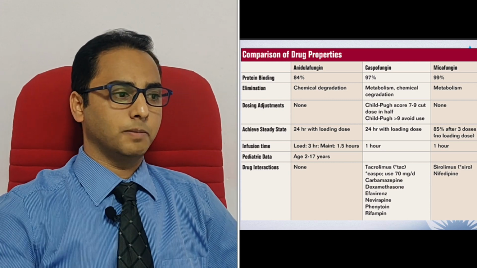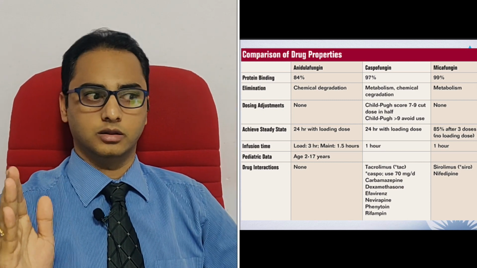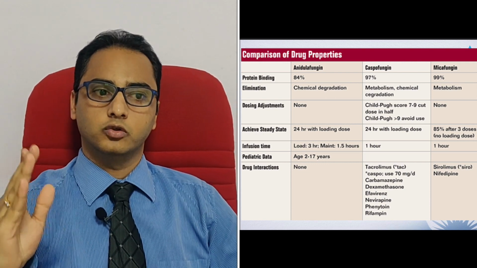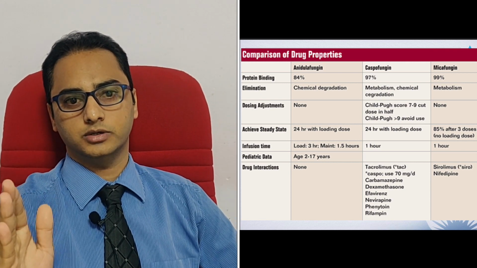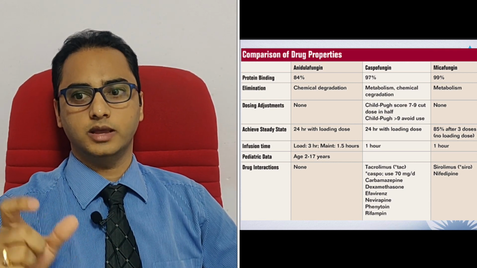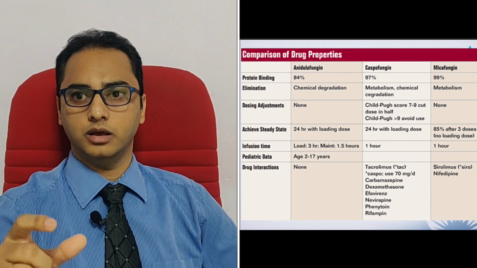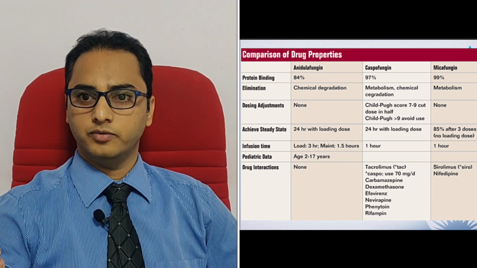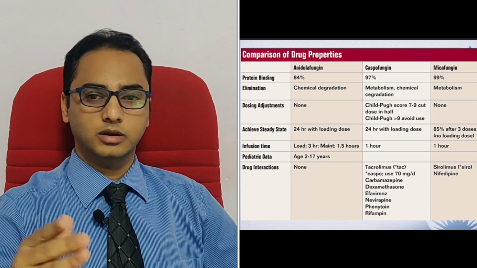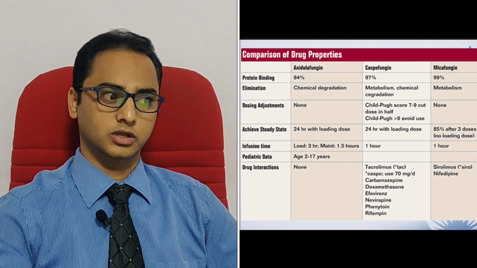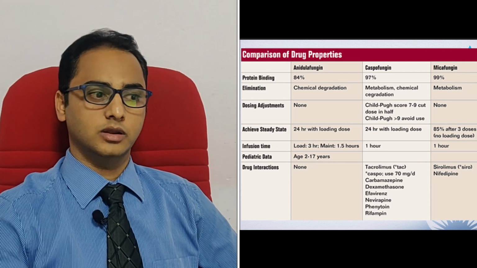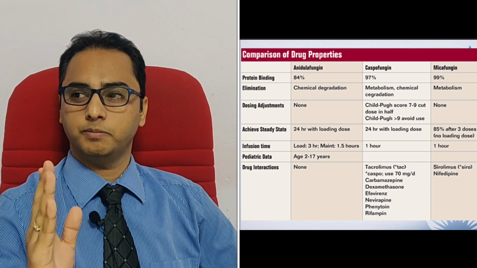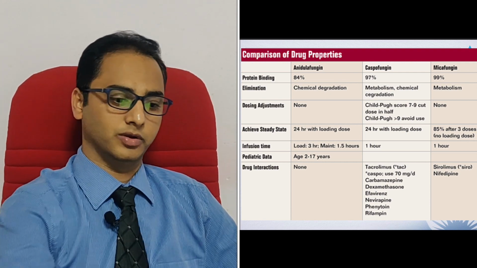So again, if you compare all three available echinocandins, anidulafungin versus caspofungin versus micafungin, there are some advantages of each. Major advantage: if the patient has liver dysfunction, caspofungin is not the option, if the liver dysfunction is Child-Pugh B or more than B. When it comes to bolus dosage, micafungin doesn't require a bolus. Both anidulafungin and caspofungin require some sort of bolus dosage. Protein binding is less with anidulafungin as compared to caspofungin and micafungin. So these are some marginal advantages and disadvantages when you compare micafungin, anidulafungin and caspofungin.